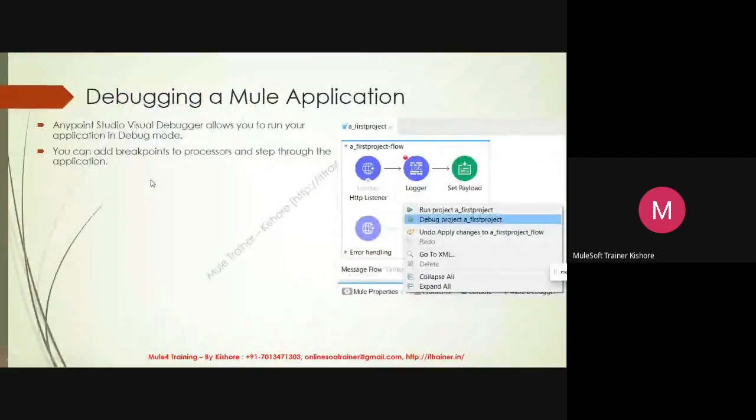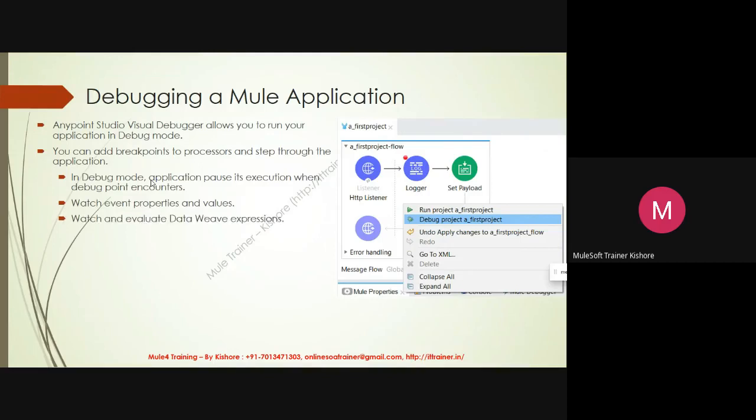You can add breakpoints to processors and step through the application. In debug mode, the application pauses its execution when a debug point is encountered, and you can watch the event properties and values, and evaluate DataWeave expressions. There are many other points you are not aware of as of now; going further, you will get clarity on them.